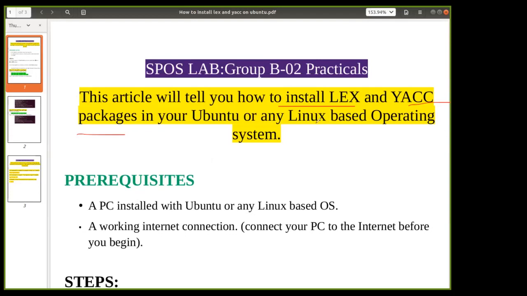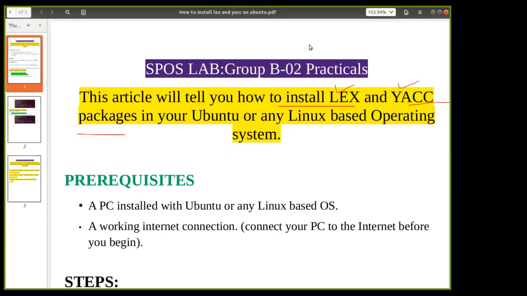So to do this activity, we need the lexical analyzer and we need the syntax analyzer. To recognize the tokens, we need the lexical analyzer, and the lexical analyzer can be generated with the help of the automatic tool Lex that we are discussing. The syntax analyzer or parser can be generated by the automatic tool Yacc, which stands for yet another compiler compiler, using which you can generate the parser and check the syntax.